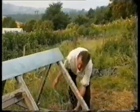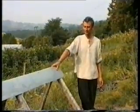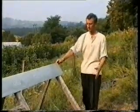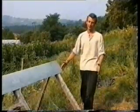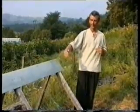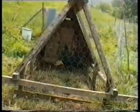What we've got here is a low-tech chicken tractor. It's as simple as it looks. It's a mobile chicken cage, and it's built to fit exactly over the width of the vegetable bed, so that during the winter, Mandy can have this just trundling along the vegetable bed 1 metre a day. And as the chickens are in the house at night, they're manuring onto the ground, and then during the day